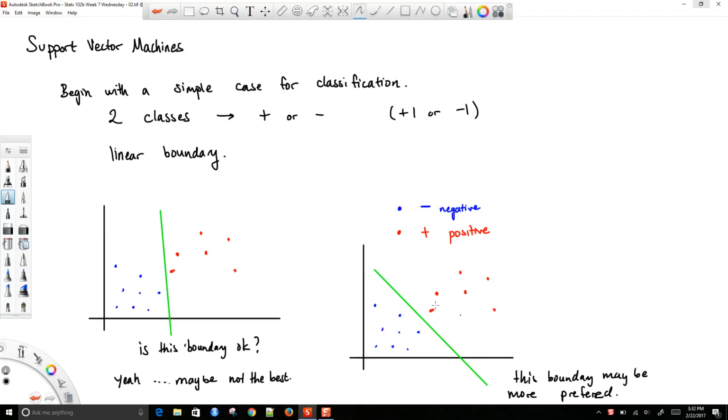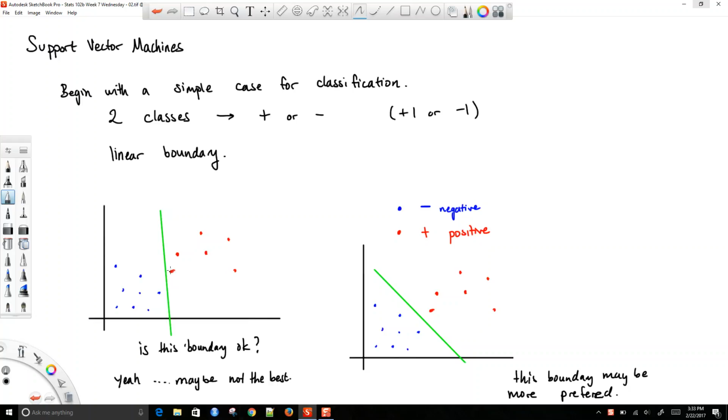Why does this one feel not so good, yet this one feels a little bit better? As far as their training data goes, they both have 100% accuracy. But are you guys in agreement with me that this boundary feels better than this one? Yeah, and what is it about this boundary that feels better than the other one? Like it maximizes the spaces between the